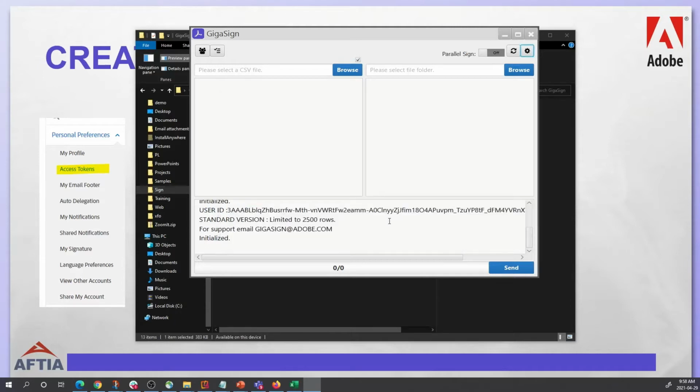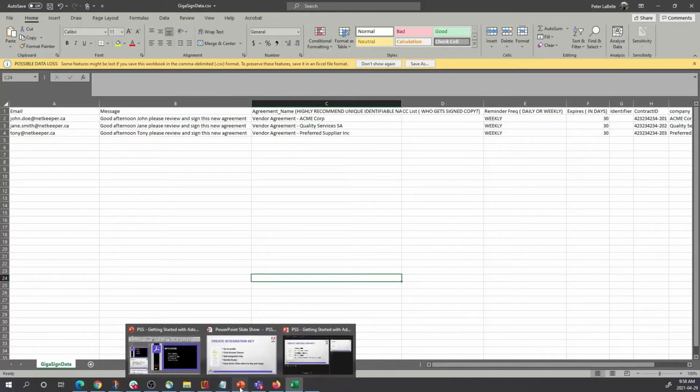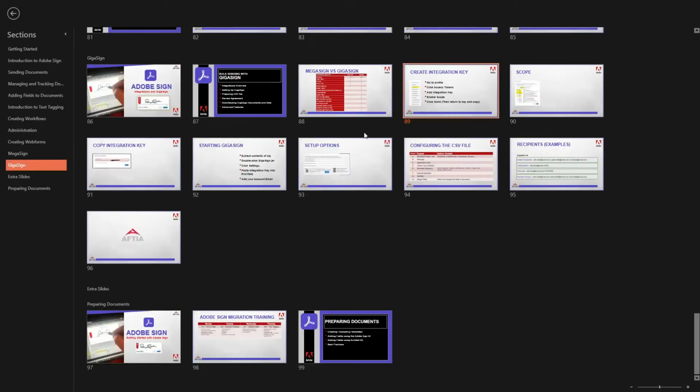So next, let's take a look at the actual spreadsheet that we're going to use for GigaSign. Here I've got it open. I'll bring it up here, and we can take a look at it. What we'll see here is the first column is going to be email address. What might be worthwhile here is jumping back over to PowerPoint. I'm going to bring up a slide. See all slides. And we'll go to